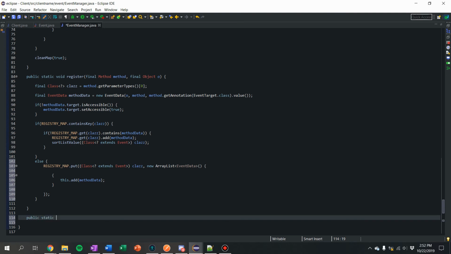Public static void register(final Object O, final Class<? extends